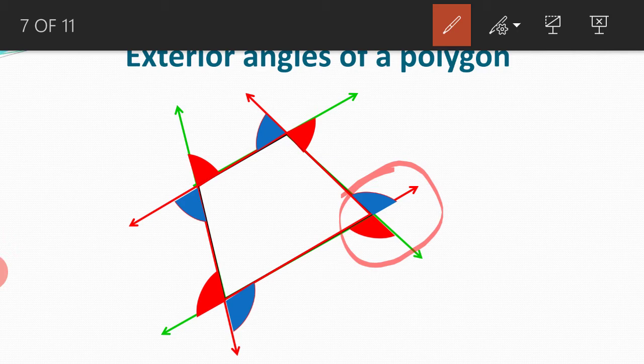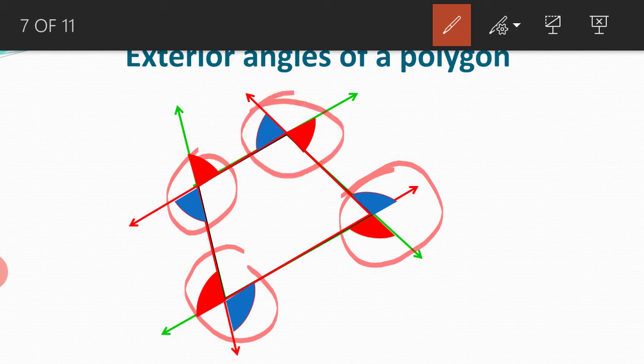So you should be able to identify the exterior angles drawn in any way. It's not that only on the right side the side is produced, or the left side. The side of a polygon can be produced in either direction. Then you will get two sets of equal exterior angles. All these pairs of angles have equal measures because they are vertically opposite angles, isn't it?